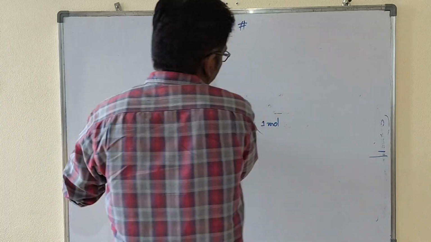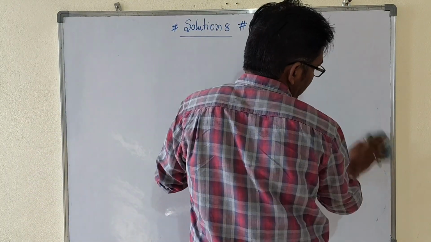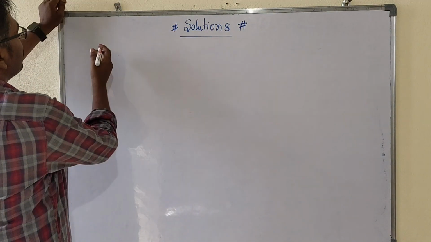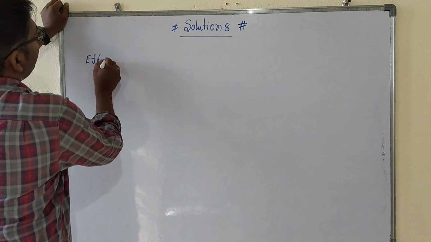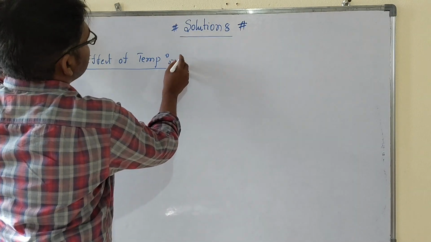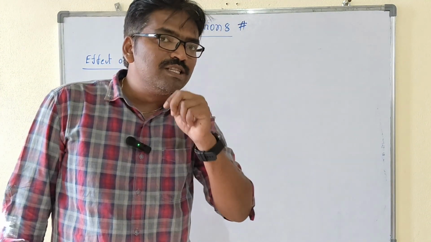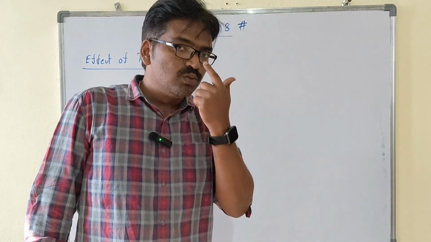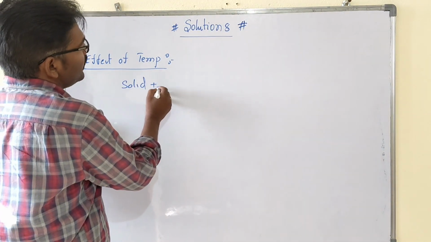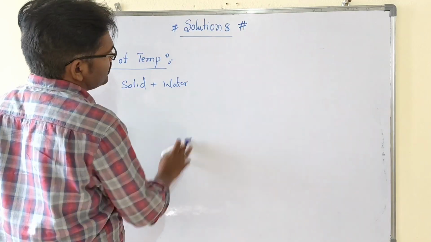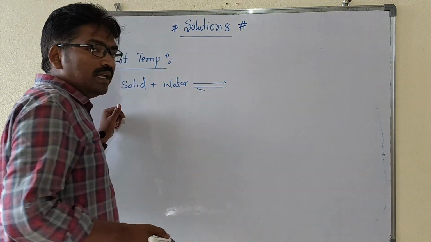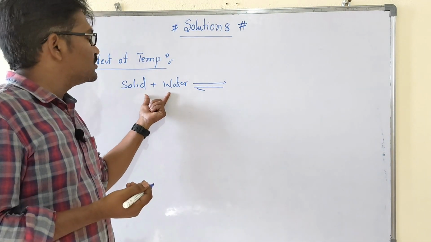Effect of temperature on the solubility of solids in liquids. Remember, this is very important. Here two types of dissolutions are there, endothermic dissolutions and exothermic dissolutions. When a solid is added to water or a solvent, in case energy is absorbed by that particular solution,